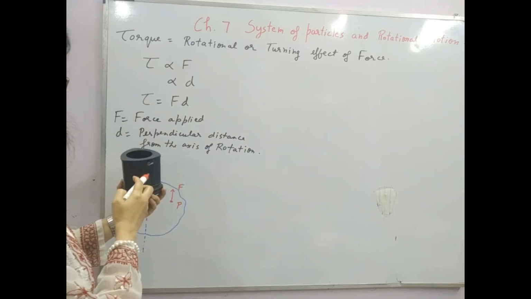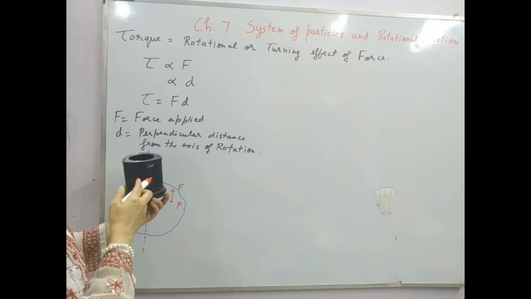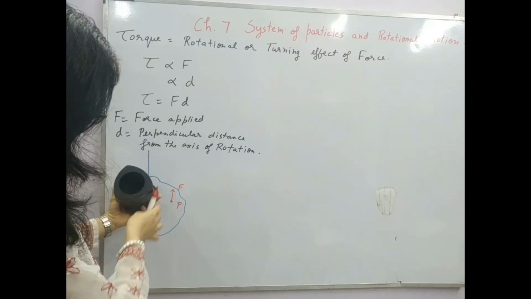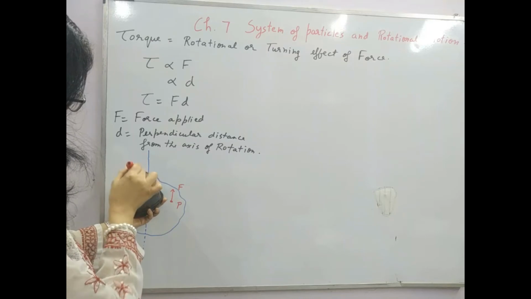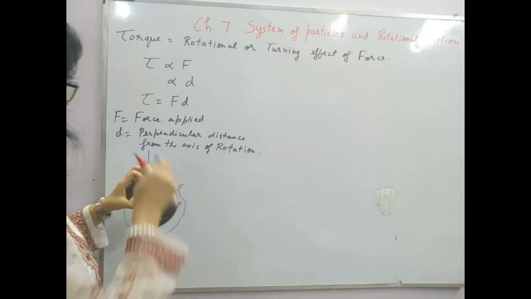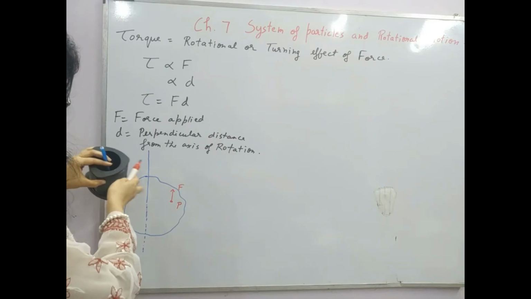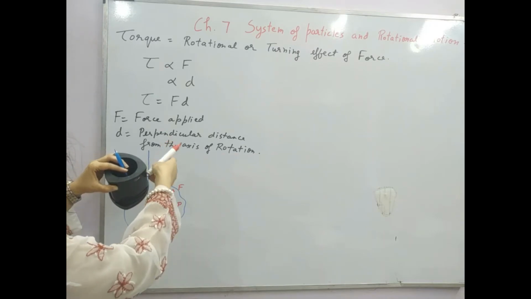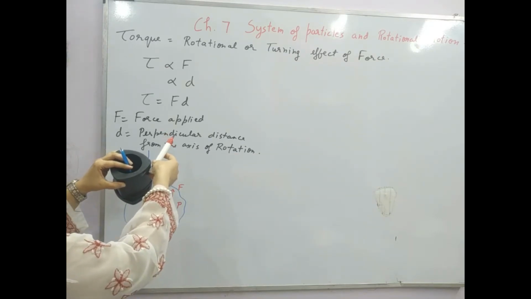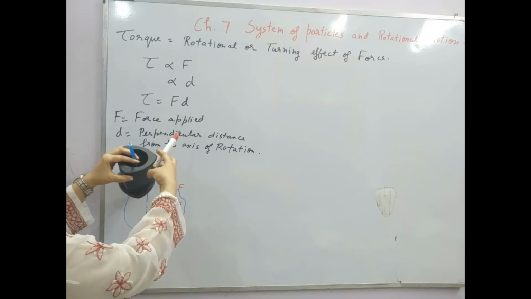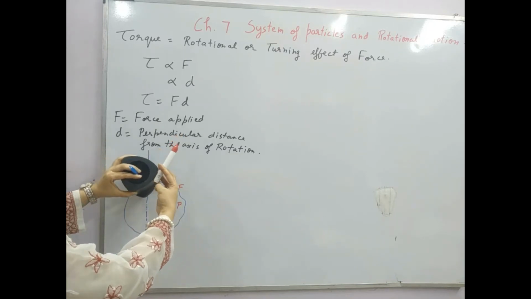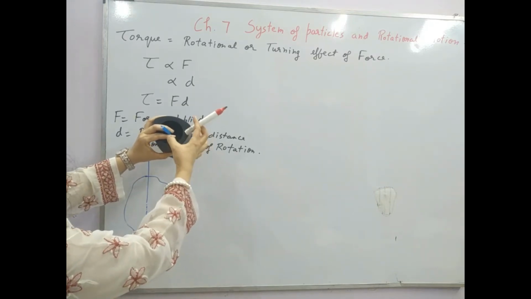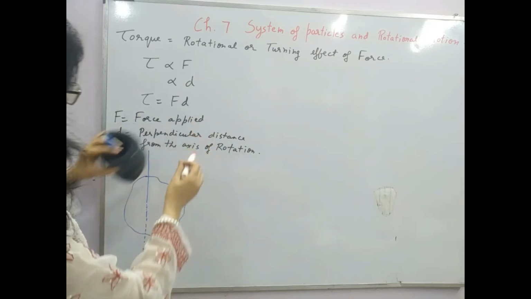So this force applied here is resulting in rotation. If you look at the top view, you will see that this force is obliquely applied here. This is the axis of rotation somewhere. If I hold this as the axis of rotation, this is the applied force in some direction. So what will be the perpendicular distance of this force from this axis of rotation? I'll have to extend it backwards to get the perpendicular distance. Yes, look at this. This is the direction of application of force. So I'll have to extend it backwards in order to get the perpendicular distance.